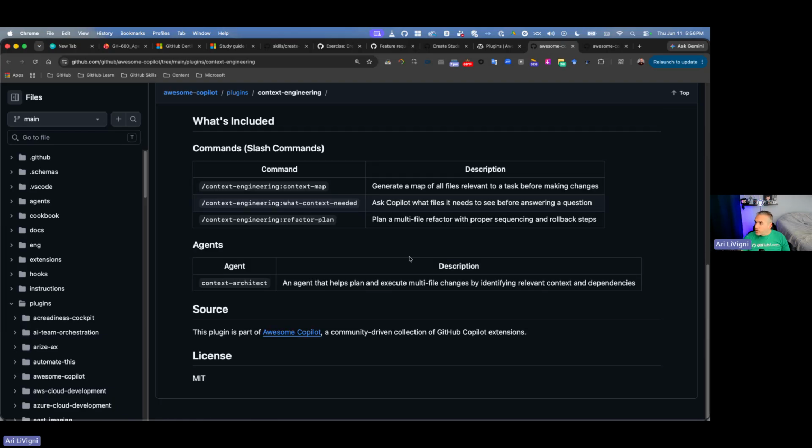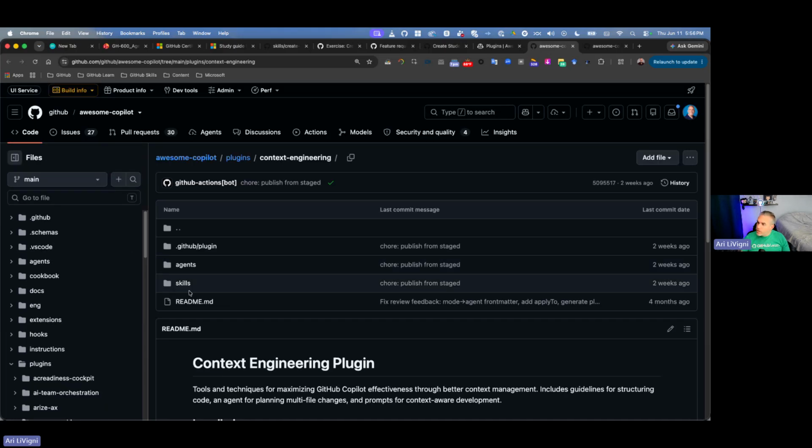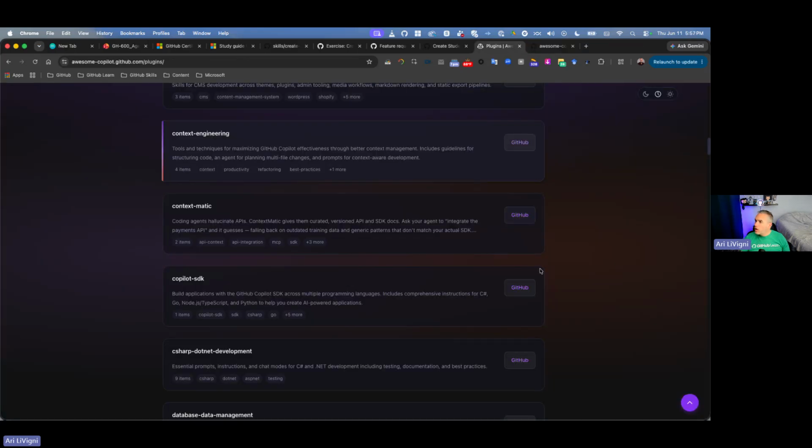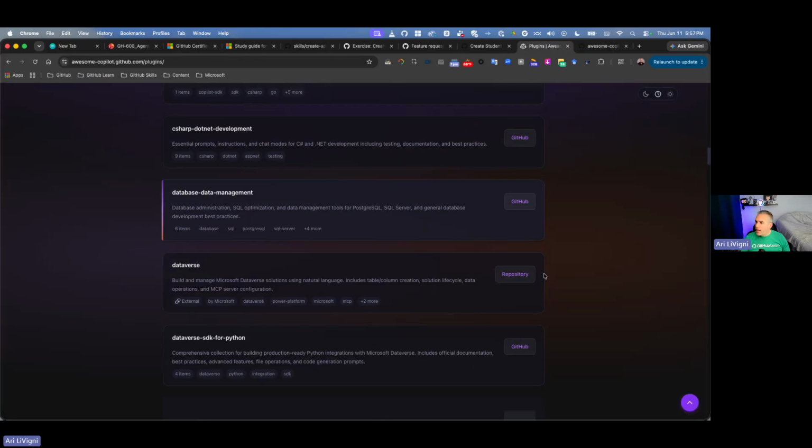Slash context map, slash commands you can do alongside of it. Where's, I guess I would have expected, oh, there it is. This has the agents and skills as well. I'm trying to see if there's one that has hooks as well, because I know I've seen it before. Copilot SDK,